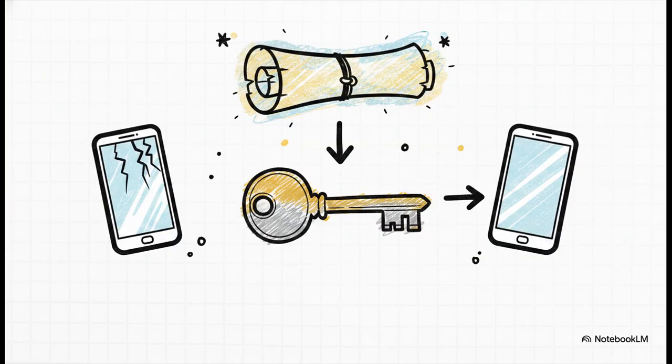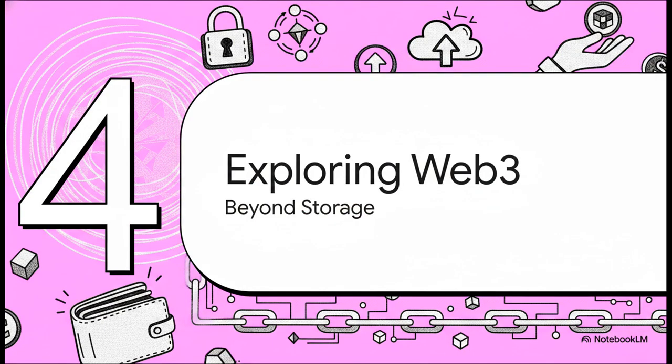But hold on, we really need to pause on step 2 for a second. Securing your recovery phrase is absolutely everything, because in a true non-custodial setup, there's no forgot password button. There's no friendly customer service rep waiting to bail you out. That phrase is your master key. You lose it, and those assets are literally gone. It's the ultimate trade-off for total control, really underscoring that profound personal responsibility that comes with managing your own financial sovereignty. All right, Part 4, exploring the Web3 ecosystem.